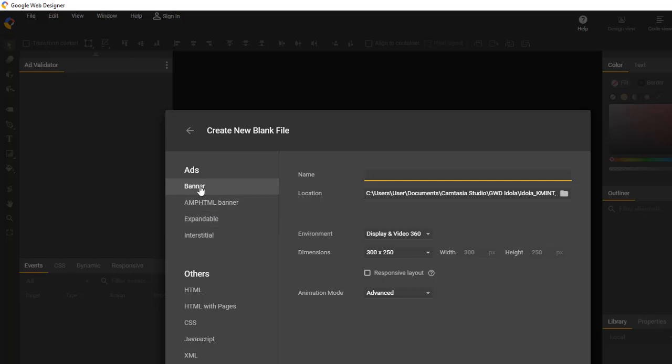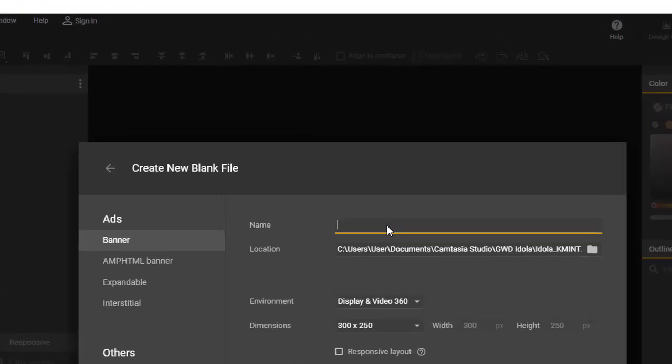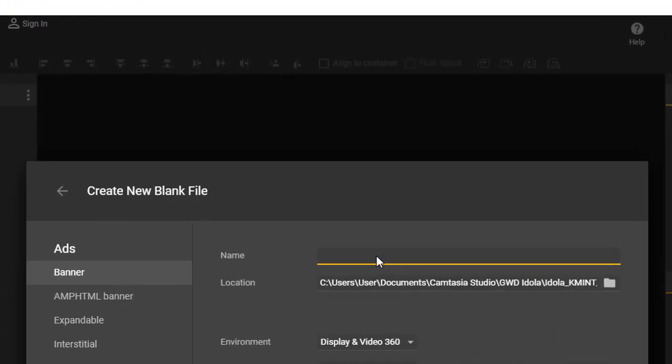So okay, we are going to click banner and then you need to put your file name. You need to put your first name. Make sure that you follow this format of file name, okay, so I don't get confused when I score your assignment.